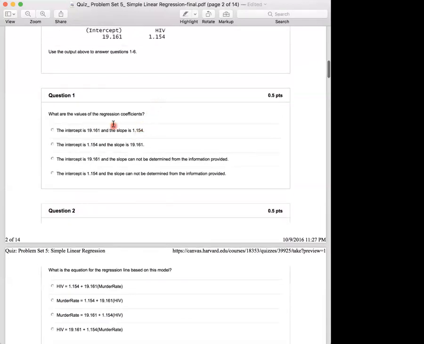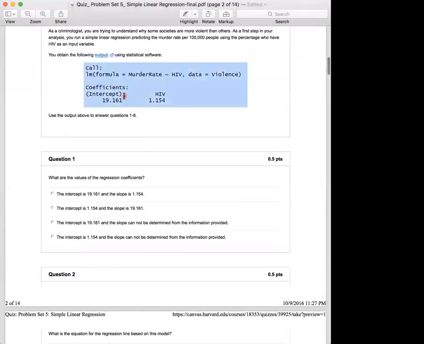Well, when we talk about coefficients, you should take a look at the output here. We have what is called the intercept, and then we have the slope for the regression line. And this essentially describes the association between two variables, our predictor variable, which is always given to the right of the formula,